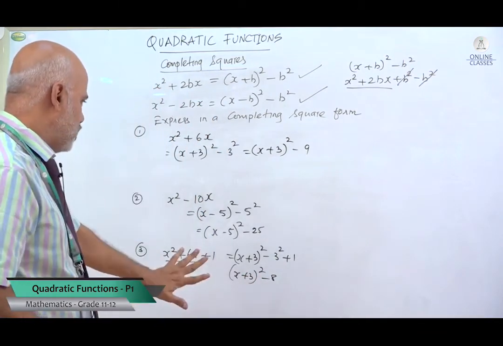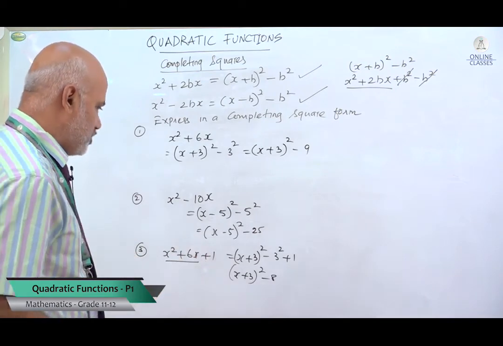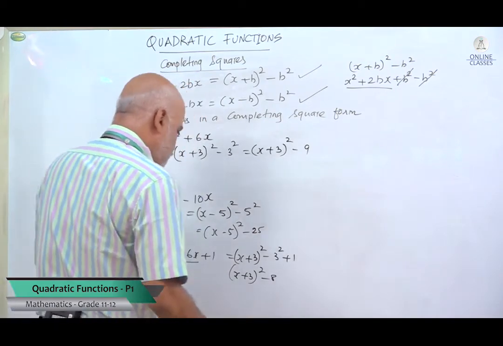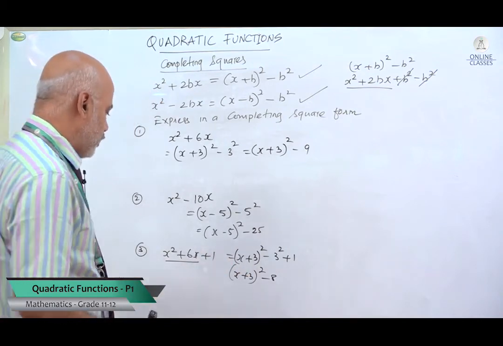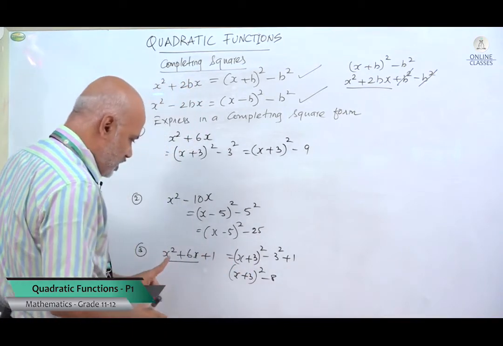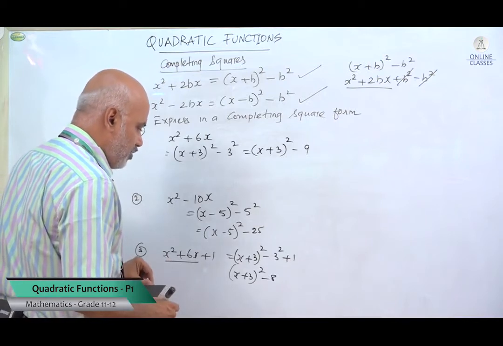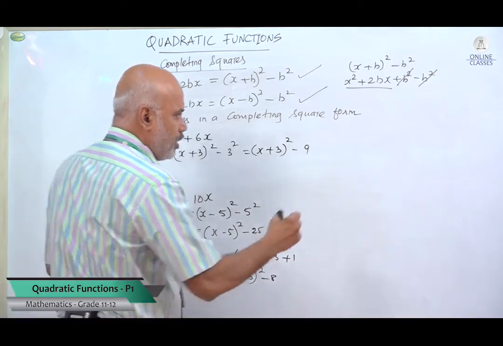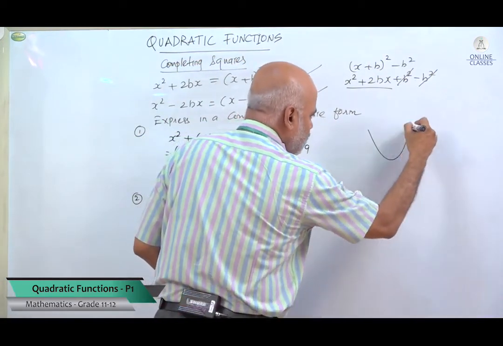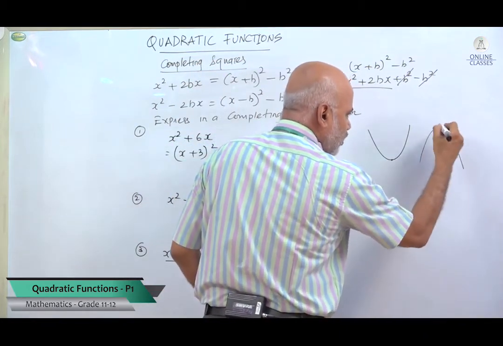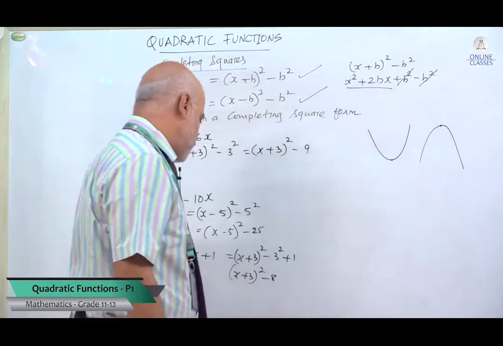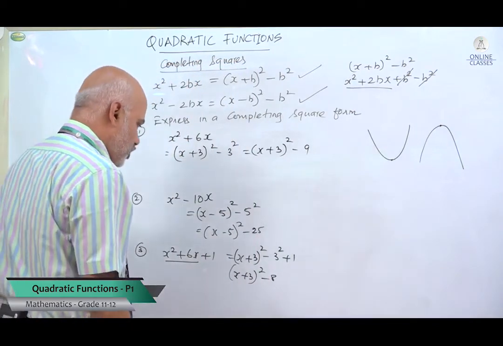Well, what do you mean by this? What is the idea of this basically? When you try to draw the sketch, there is one extra point we will come to know. The minimum point of this graph can be easily identified. What do you mean by the minimum point? When you talk about the graph like this, this is the minimum point. When you talk about the quadratic function like this, this is the maximum point.